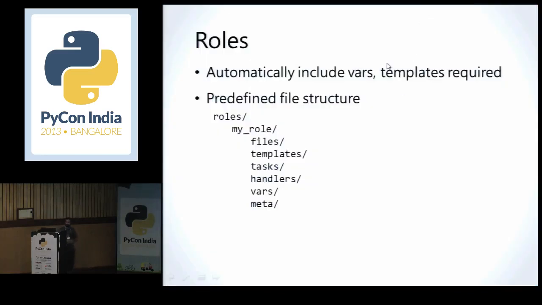So roles are basically something you can define inside your Ansible playbooks. Roles are nothing but, if you want your web servers. Now in my example, we have just defined one playbook for every type of system. Like for web servers, I have one playbook. Instead of that, you could have a role for web servers, and you could organize your stuff like this. This is a better way of organizing if you have a lot of files, a lot of templates, a lot of tasks and variables which you need to set for different environments.